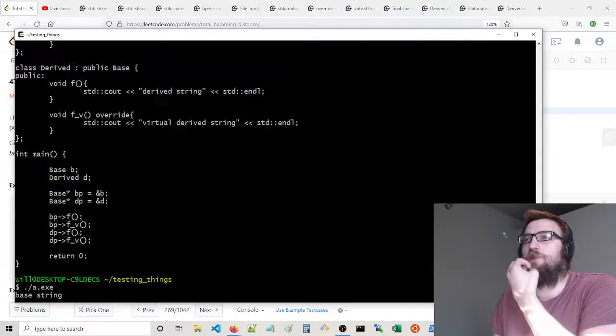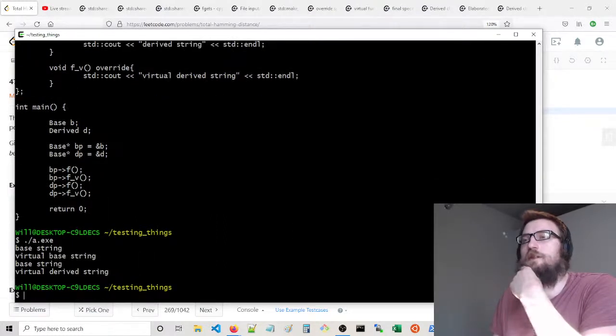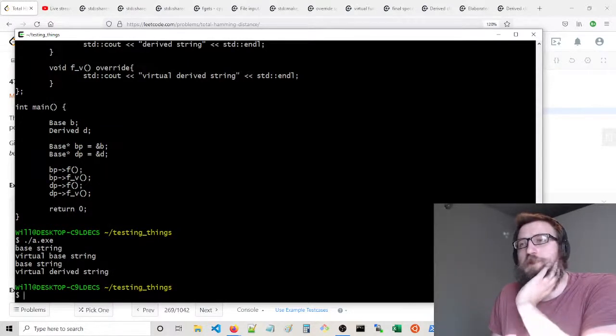Because it's not overridden, both times you're actually going to get the compile time type rather than the runtime type. It'll actually run the base function, which is pretty interesting. However, if you make the function virtual, then it'll perform virtual dispatching and take the runtime type. So BP will be the virtual base string